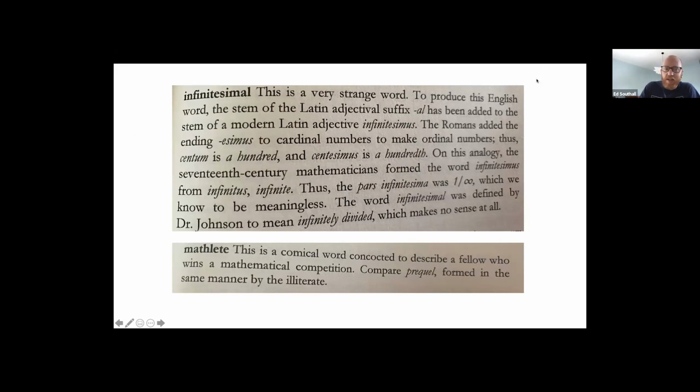So the first one here, we have infinitesimal, and for his definition of this, he begins by saying, this is a very strange world, which is, I think, probably the politest he is throughout the whole book. But then if you look at the bottom of that segment, poor Dr. Johnson, who I don't think gets mentioned anywhere else or explained away, but clearly the author knows him, and maybe he knows the author. Dr. Johnson suggests something that makes no sense at all. So that's his summation of him.